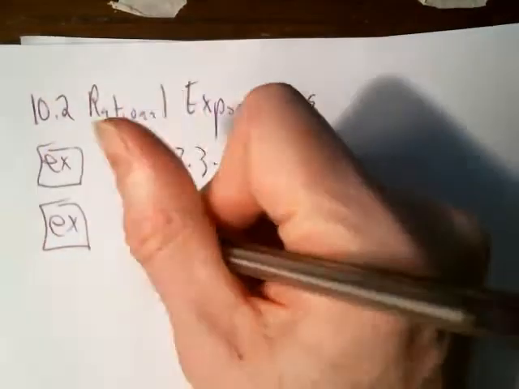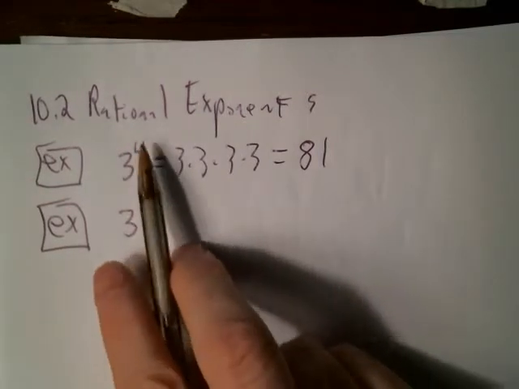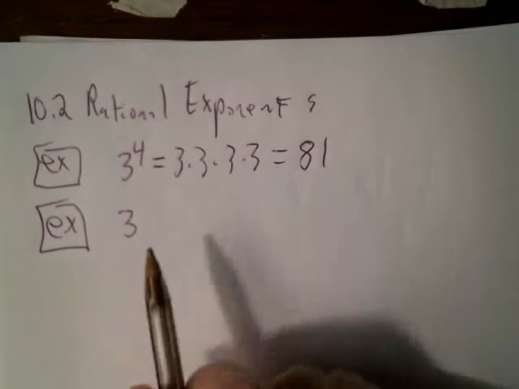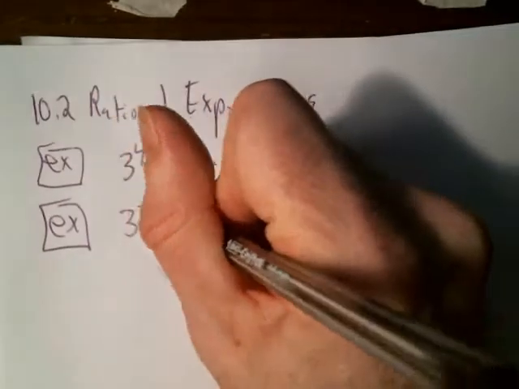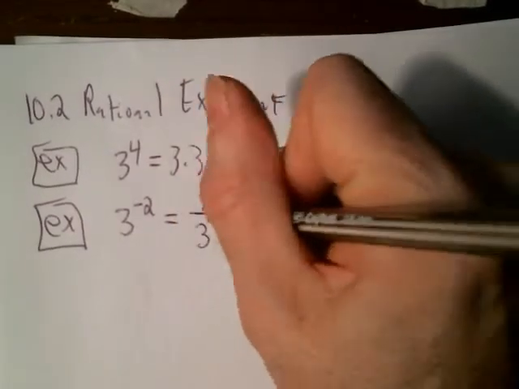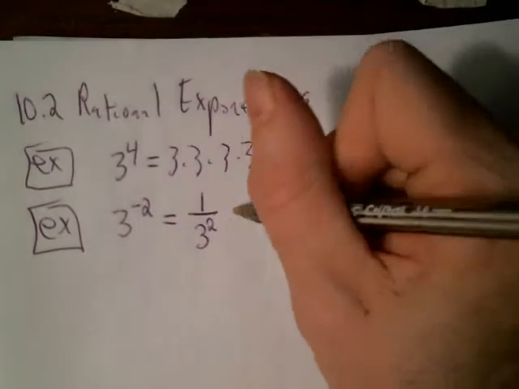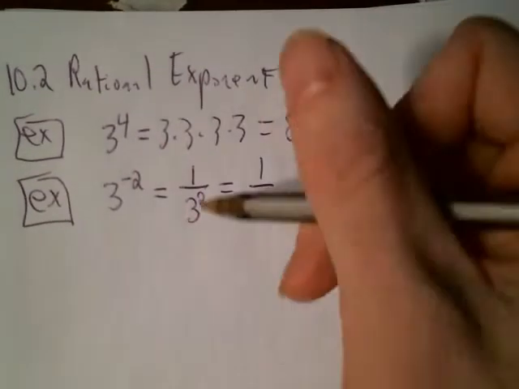Now, instead of having a nice counting number up in the exponent, or an integer value, and so you could have negatives, we've dealt with negatives as well. Maybe we should try a negative, right? 3 to the negative 2. That's the same as 1 all over 3 to the 2. And then that's 1 all over 3 times 3, which is 9. Okay, so we've dealt with